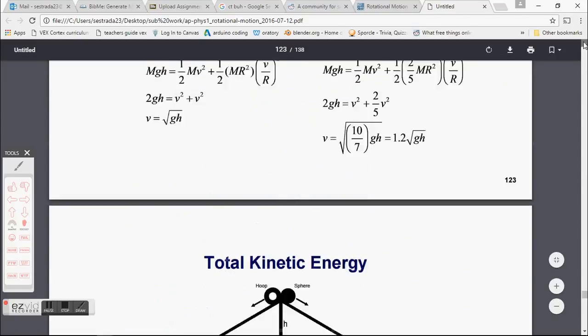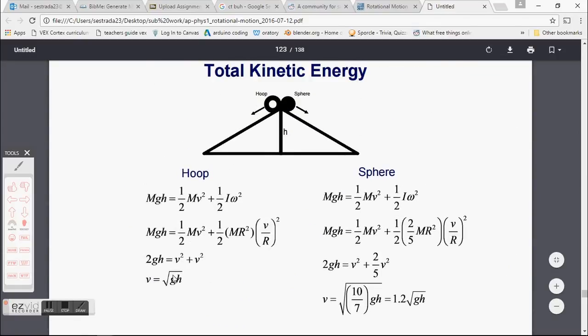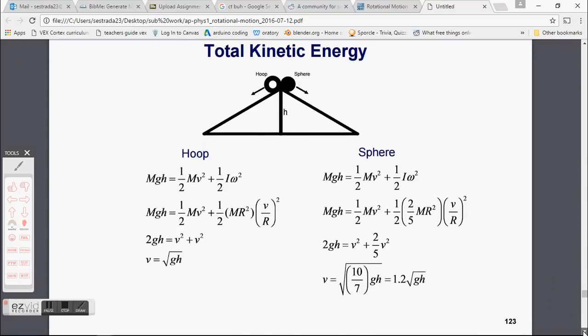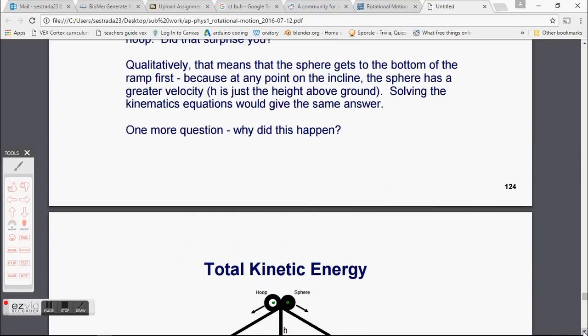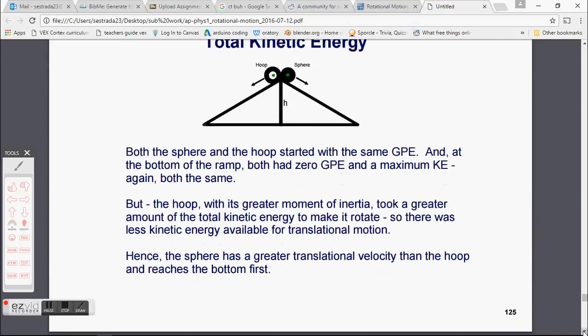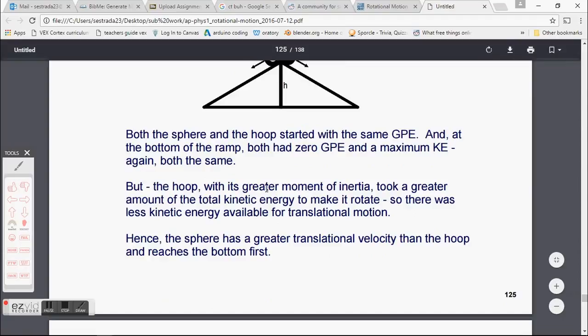So, sorry, when you look down here, you see that the velocity is 1.2 times bigger on the sphere than the hoop. So going with energy,